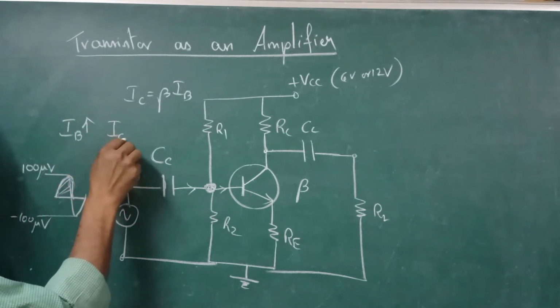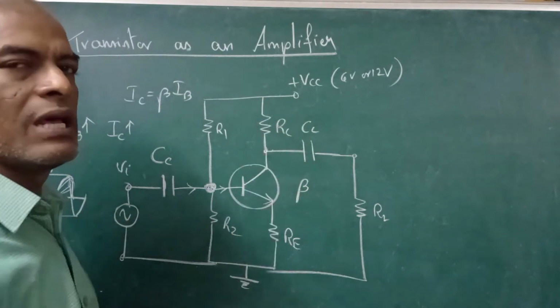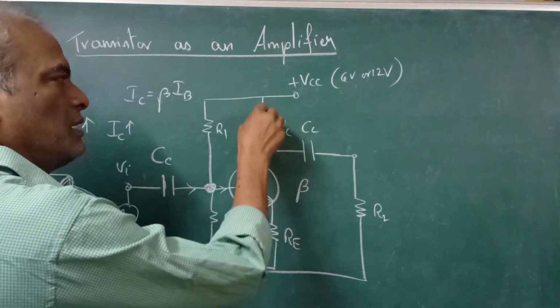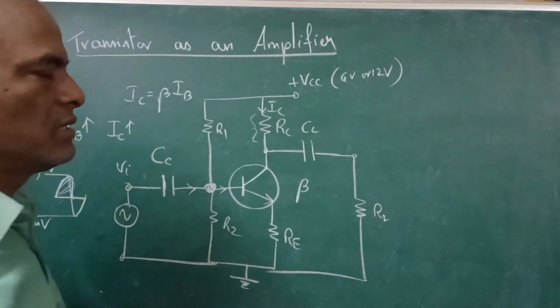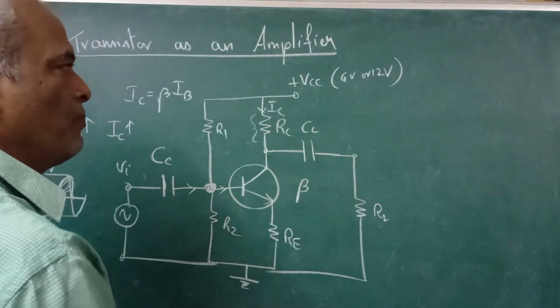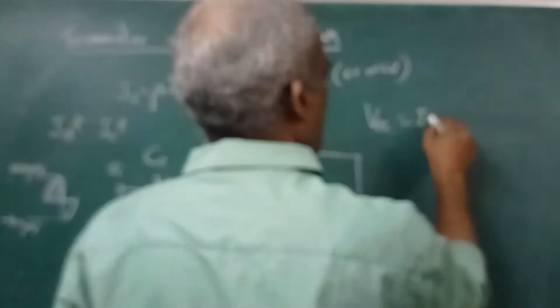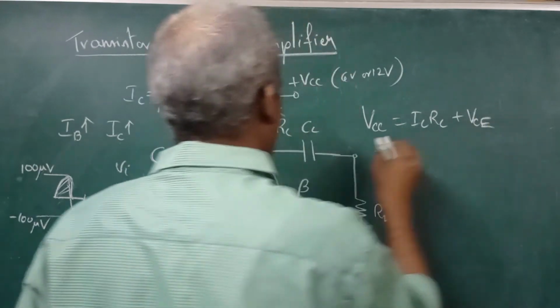Collector current also increases. If collector current increases, what will happen? The voltage drop also increases. The voltage drop here, this is IC. Okay, so the voltage drop here also increases. Now forgetting about this coupling capacitor and RL, VCC is equal to ICRC plus VCE. That is this drop